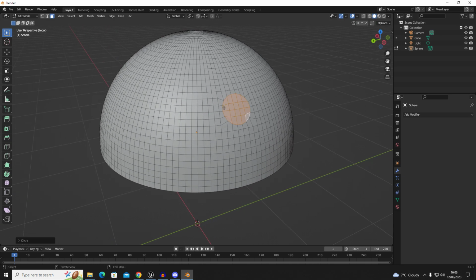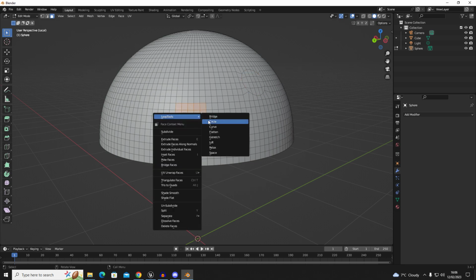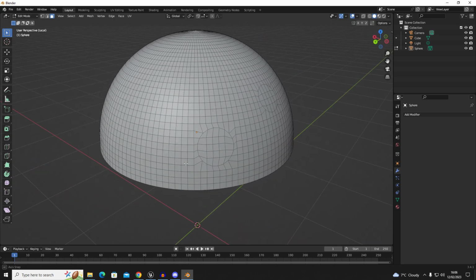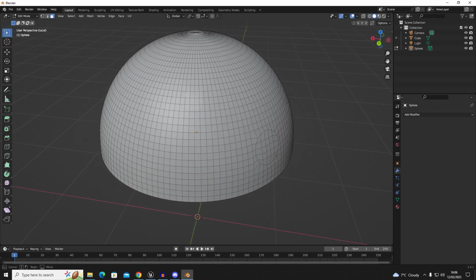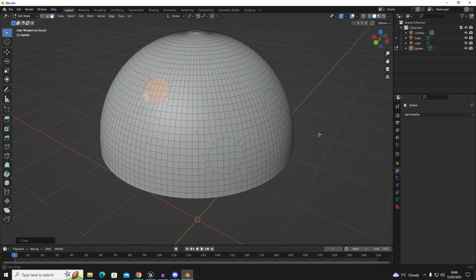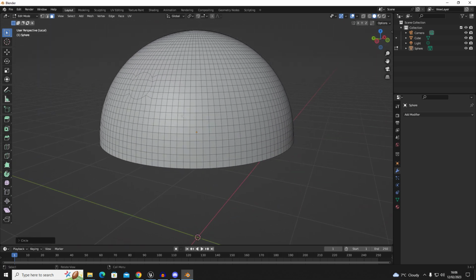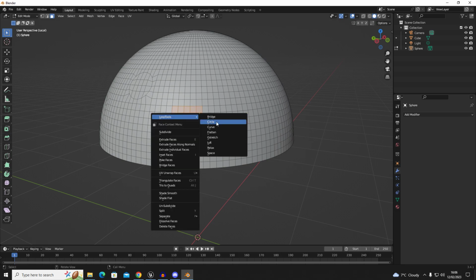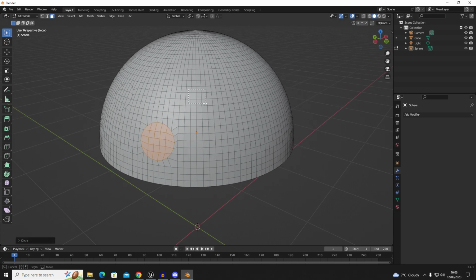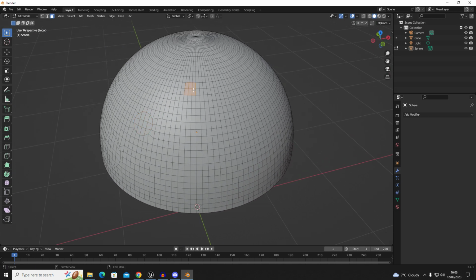You're going to make multiple of these cuts, so you're just going to grab some faces, right click, circle. This is how simple it is, and then you're just going to do the same again over here. Make sure you highlight so it's even amounts, right click, circle. So continue this pattern, right click, circle all the way around in random spots, and then here, and then some smaller ones, and some slightly smaller ones again, maybe like that,